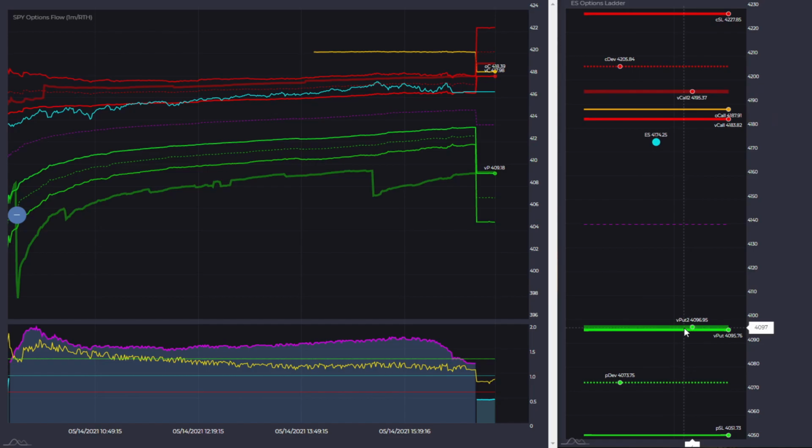This one is perfect: vput 2 is 96, well, let's say 97, and vput is 90, 96. This is a cluster. I want to go long here with a very small stop, like 4 or 5 points, something like that. If I see a cluster like this, when there is a V call and O call,